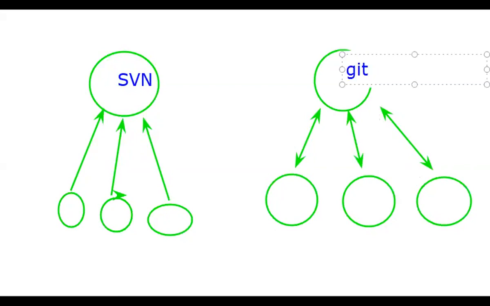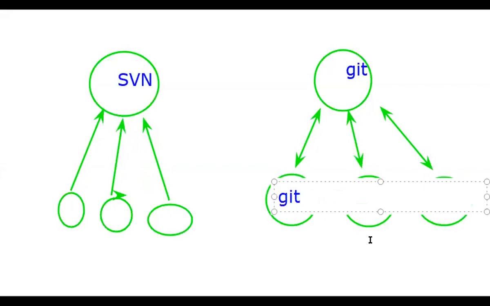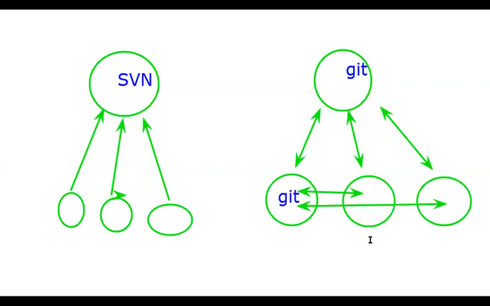Now I will go with Git. Now your server goes down. What will happen? No problem. I can set up another machine and point it as my server. Hey, this is the server. So now this will be my Git server. That's all. I don't have to worry about anything. That is why it is called a distributed version control system. That means whatever copies are on the server, all clients will have exactly the same copy of that project. This is the beauty of it.